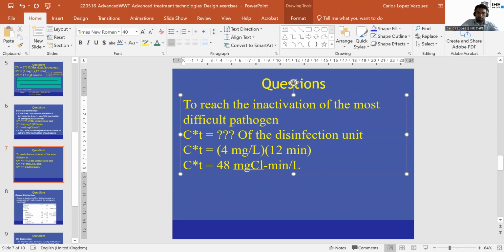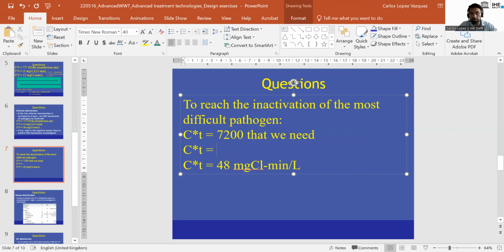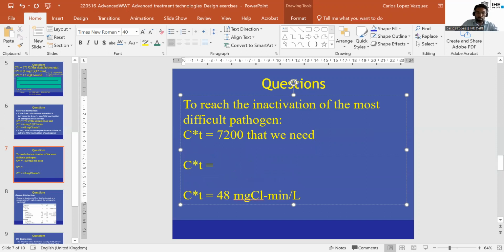pathogen, that is the Cryptosporidium. Then we can check what is the CT that we need, divided by 48. So in this case, the CT has to be 7,200. Now it depends on what we fix. For example, there are two options. One option, or option A,